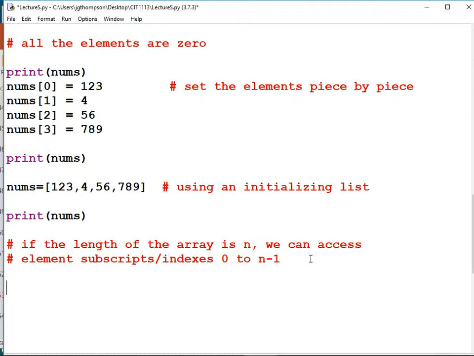So let's make an array of 100 strings. I'm just going to call it SA for 100 strings. So square brace, quote, quote, end square, but there's going to be 100 of them. And so the first element is 0, and the last is 99. If you try to go to 100, it's going to crash.